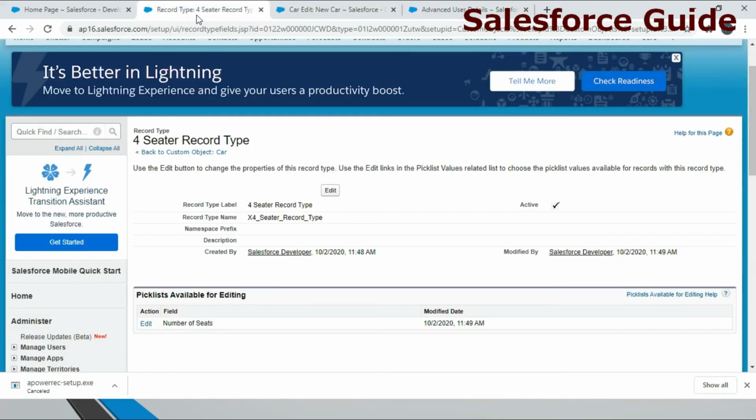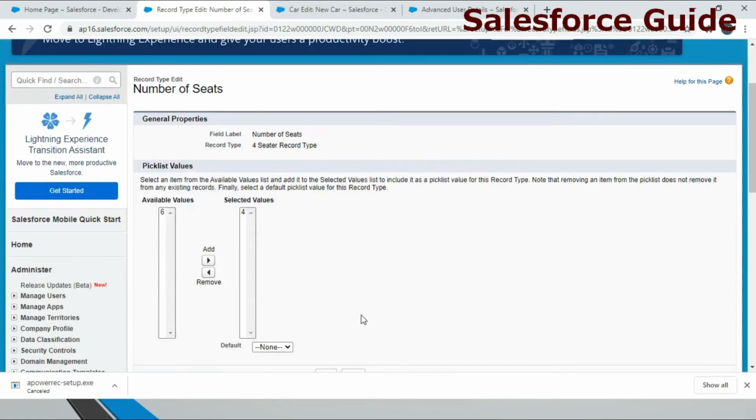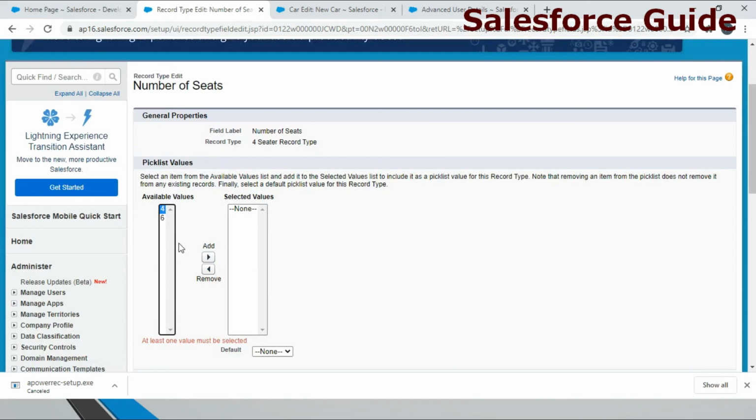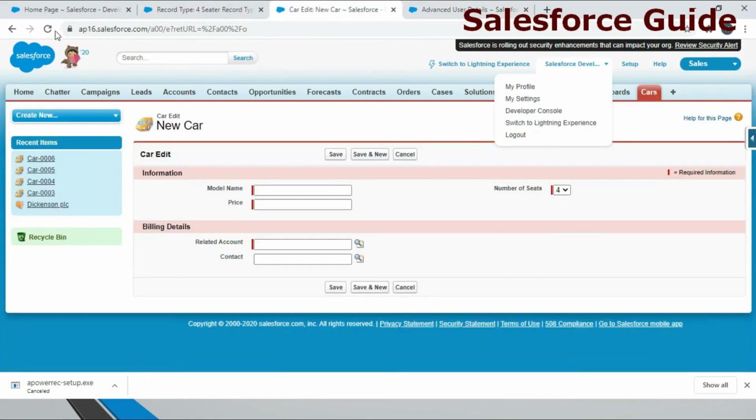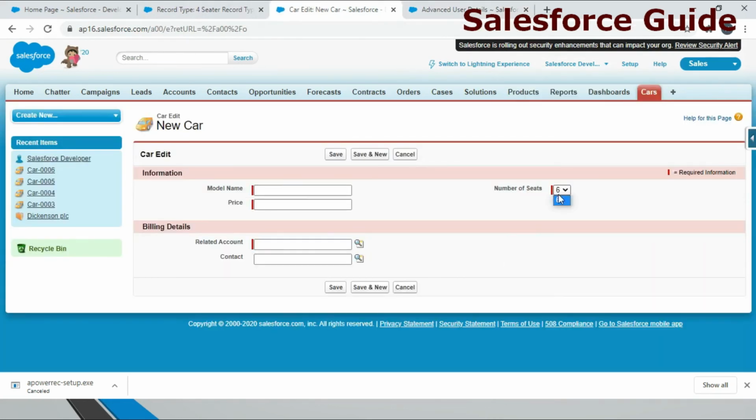Now I will show you a demo once again where I remove the 4 and make it 6. Click on save again, refresh the page, and we will see only 6. You can also remove both values if you want, so it totally depends on how you want to configure things. Basically, for an administrator profile, the user can select only particular values and cannot select any other value. It's like a restriction, making sure that some functionalities are not available to users. It is so simple and you can use it in your scenarios as well.